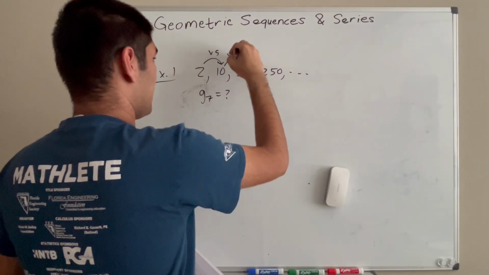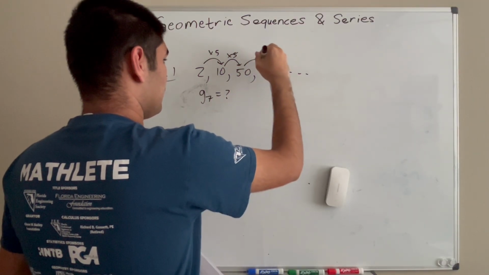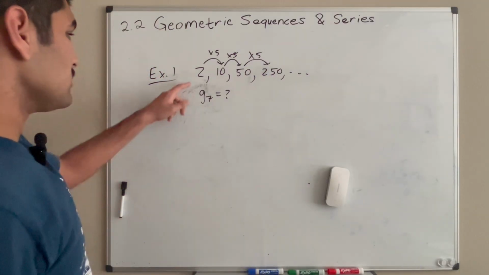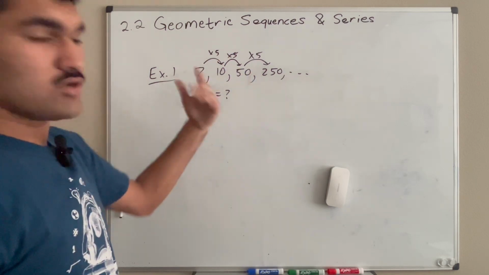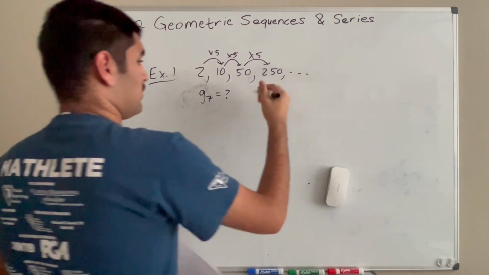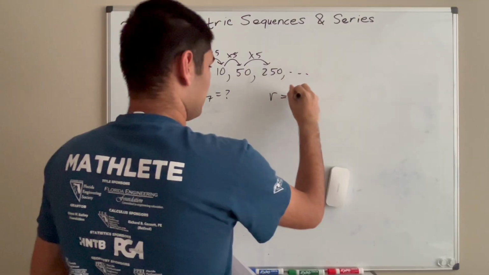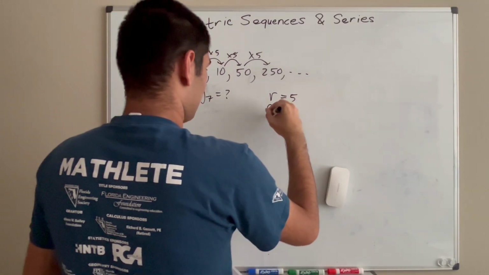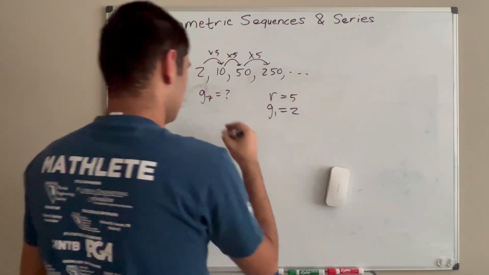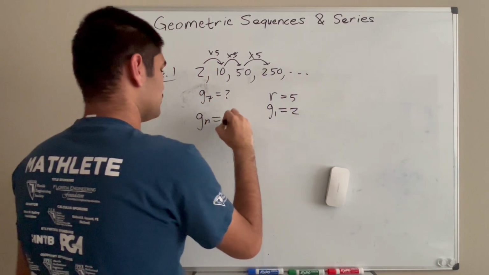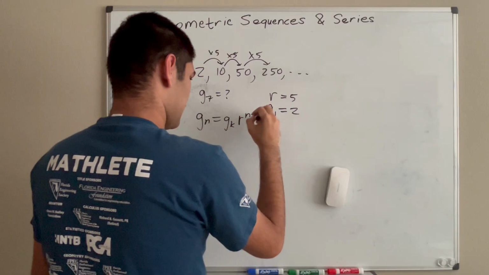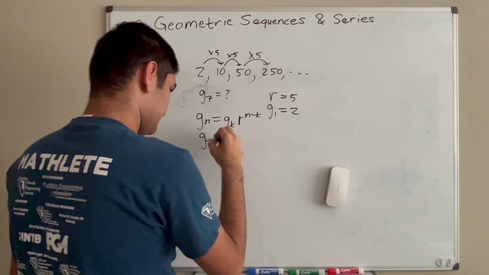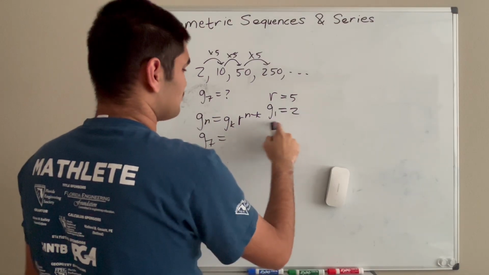10 times 5 is equal to 50. And then 50 times 5 is equal to 250. Okay, so each time we're multiplying by the same number, so it's geometric. And our common ratio is 5, since that's what we're multiplying by. And our first term is 2. So then if we use the formula, Gn is equal to Gk times R to the n minus k. We want G7, so n will be 7. For Gk, k will be 1 since we know what the first term is,